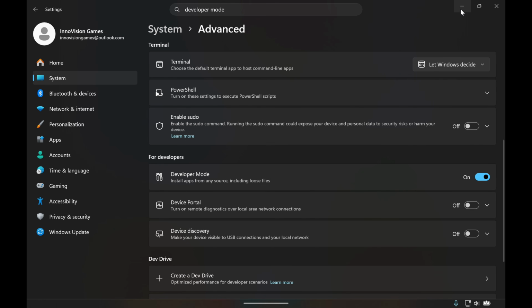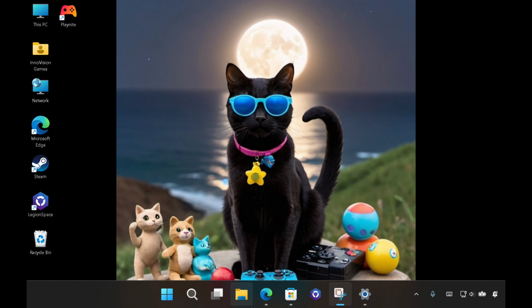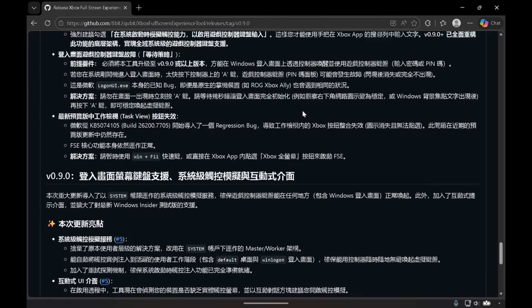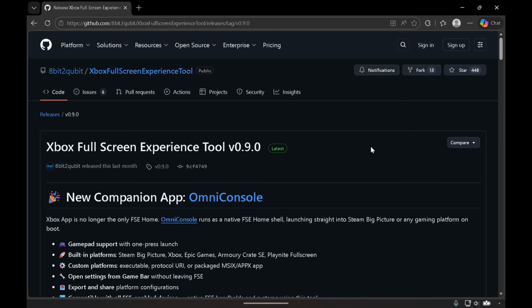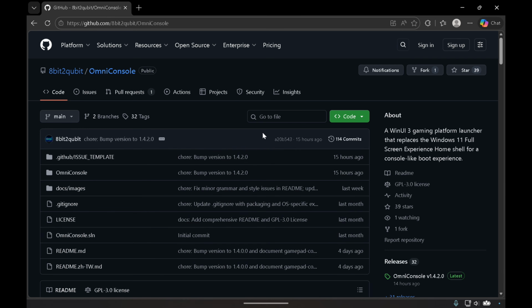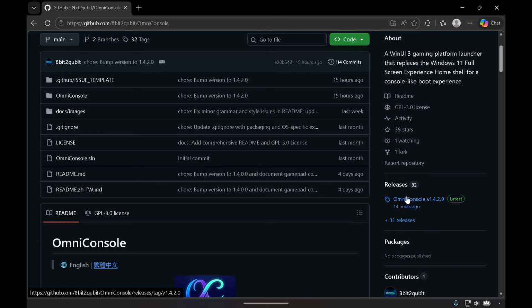And we only need this to be able to install Omniconsole. Once that's done, we can actually disable developer mode. Now, let's just assume everybody has Xbox full screen experience enabled, and now we want to download and install Omniconsole. So I'm going to download the files we need. So we're going to go under releases here,